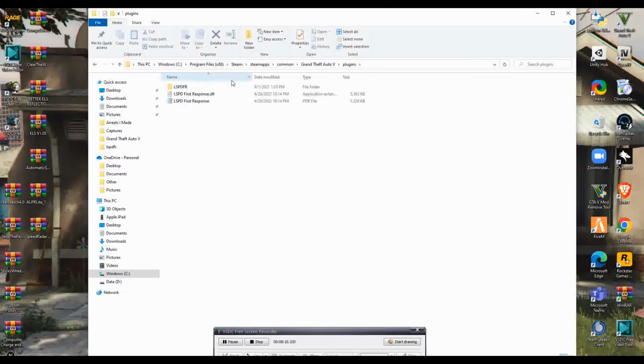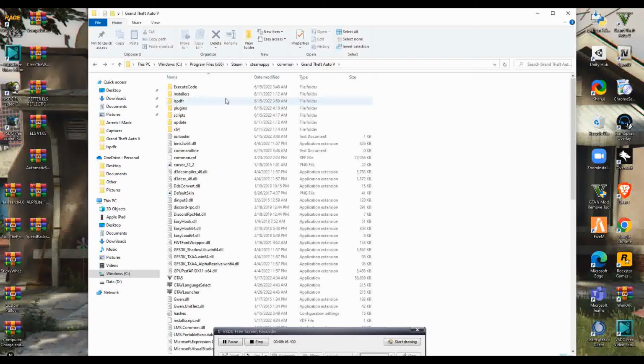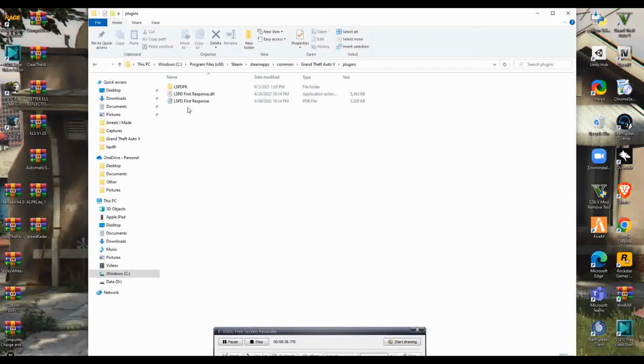And guys, we're going to go ahead and manipulate our files as we're going along. So, guys, if you don't know, right now we are in This PC, Windows, Program Files 86, Steam, Steam Apps, Common, and Grand Theft Auto 5. In order to get to our Ultimate Backup INI files, you need to come into your plugins folder,